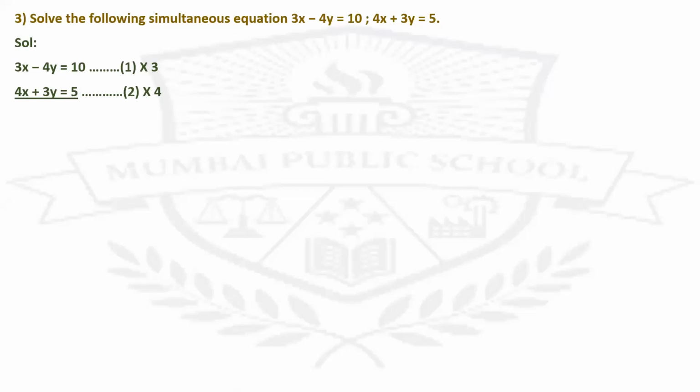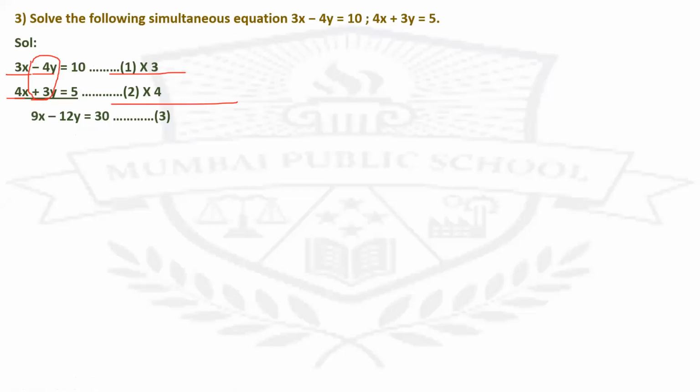Now here, check the coefficients of x and y. x has got 3, x has got 4, different. Again here, minus 4 and 3. So you'll equate the coefficients of y. For that, I want to multiply the first equation with 3 and the second equation with 4. So once you do that,